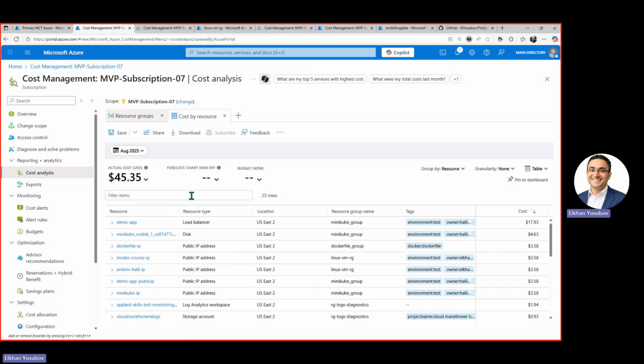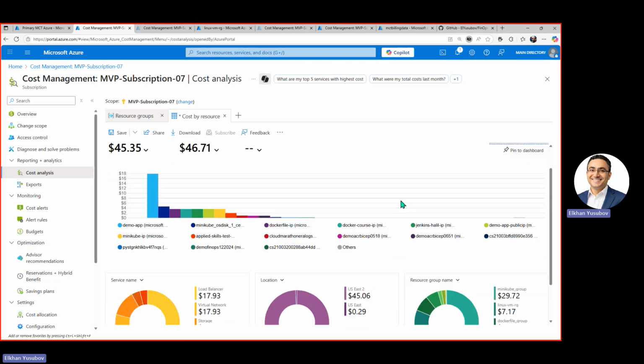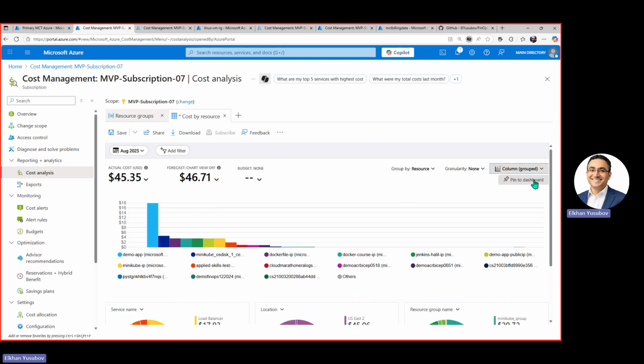And I want to show you that here, based on this cost by resource, you can have different views. This visualization is done in tabular format, which is great if you need to get exact details. But if you are looking for visualization, you can change this. And then, of course, the information that you have, you can group based on different filters that we have